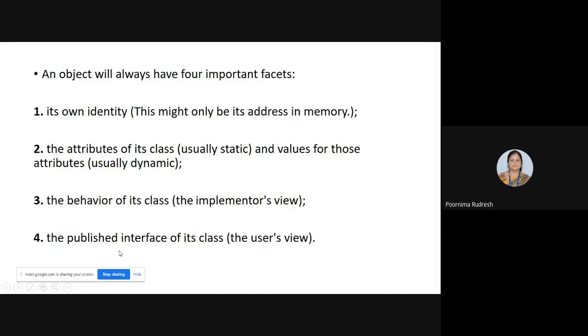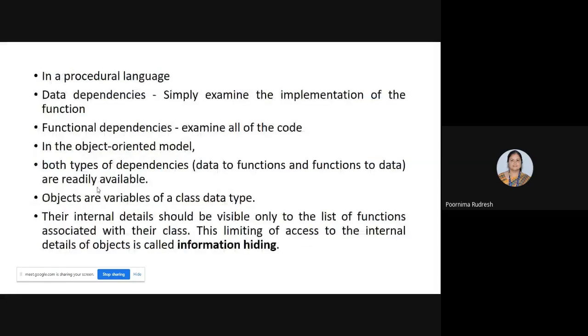So in the case of user view, we are considering it as an interface, but in the case of implementer's view, we are considering the behavior of its class. So these are the four important characteristics the object must have. And we'll see what are the data dependencies and the functional dependencies in a procedural language as well as in